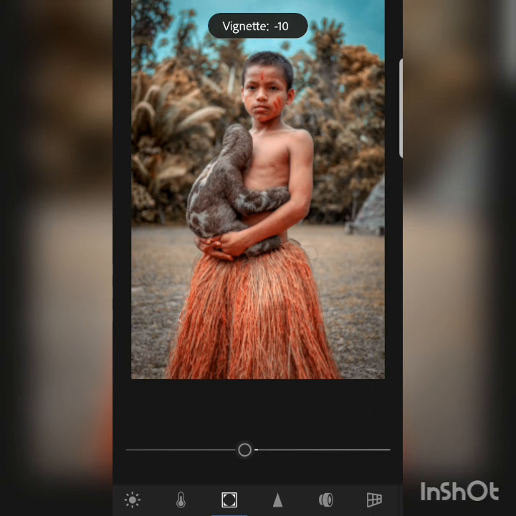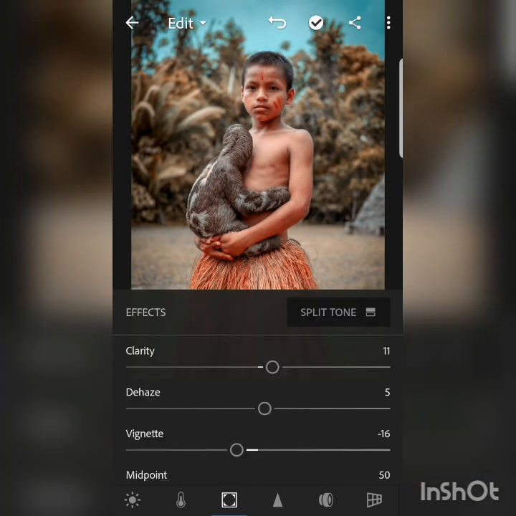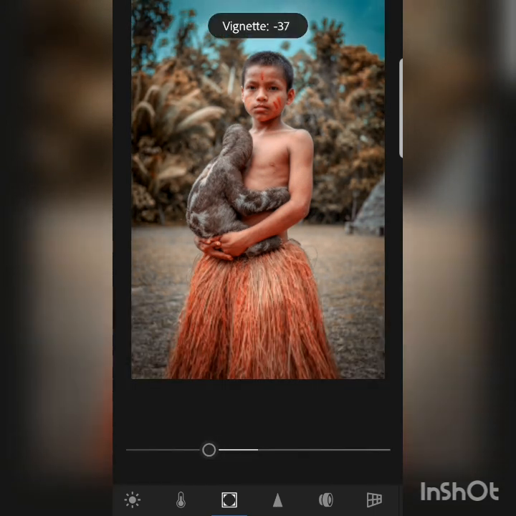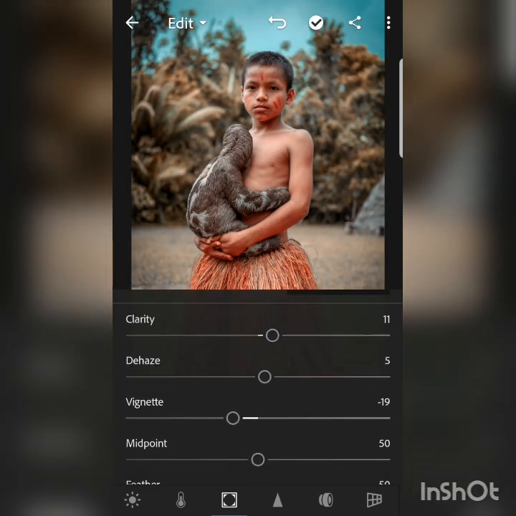One of my best features of this Lightroom is this vignette option. It is very useful. I love it. So now for the midpoint,